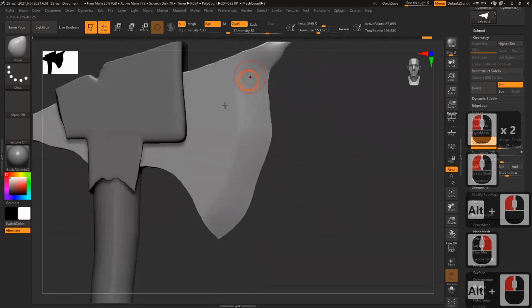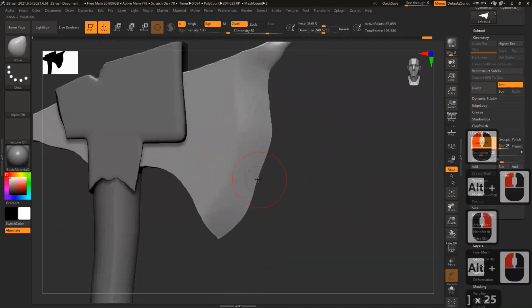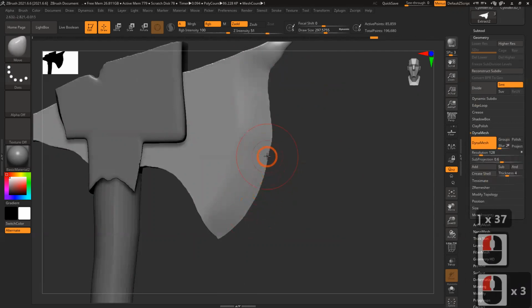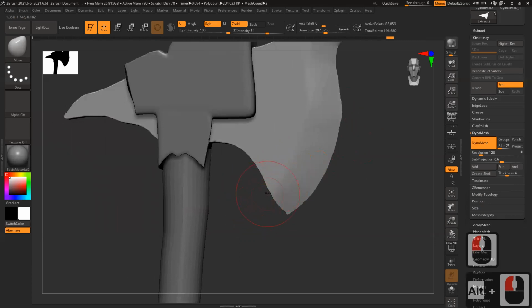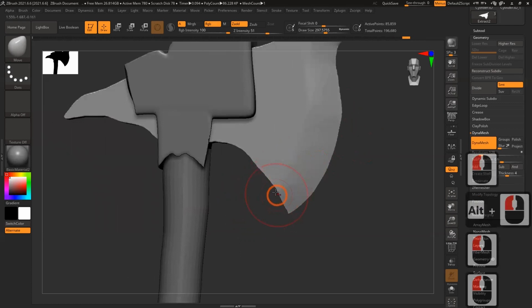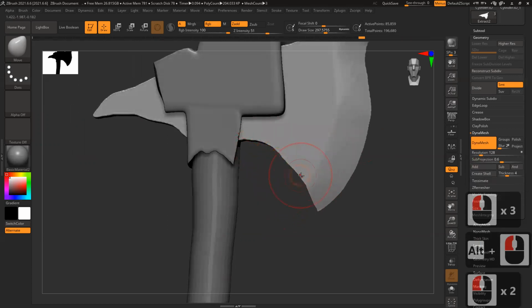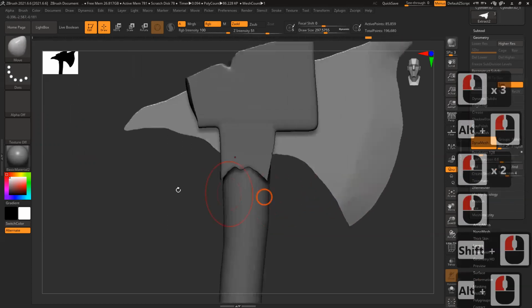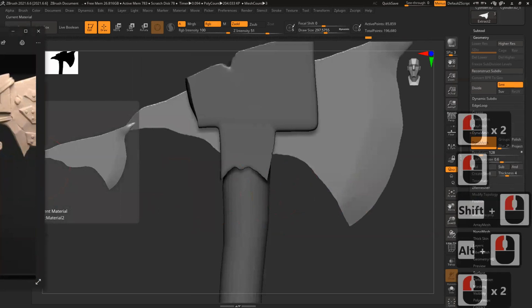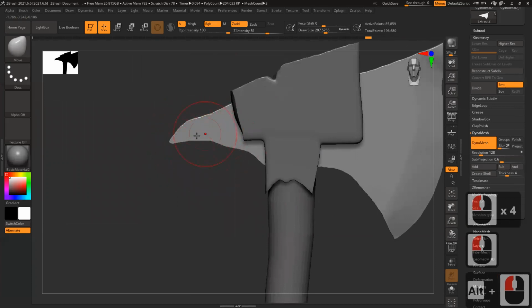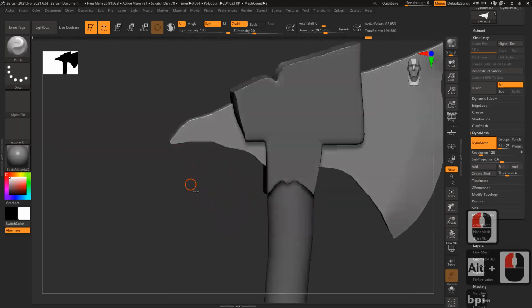Now the edge and all these things. It's just like drawing, you push things outside like a clay model, just pulling and pushing it. That's it. Same thing, pinch brush for the front also.